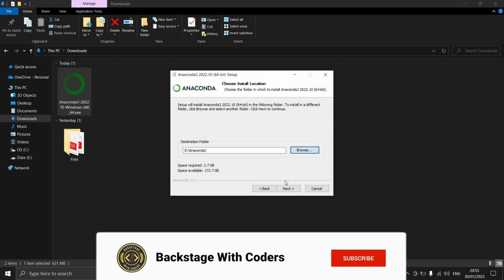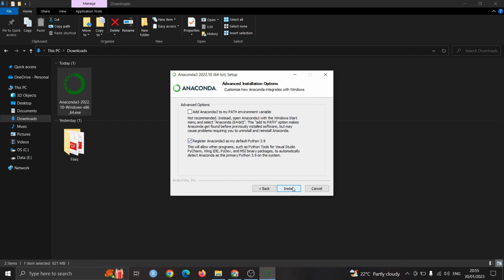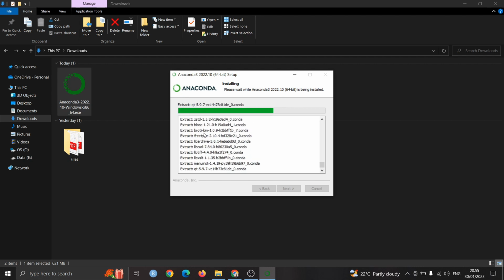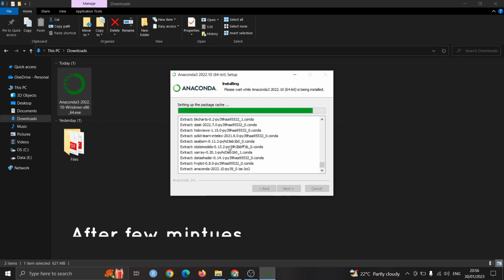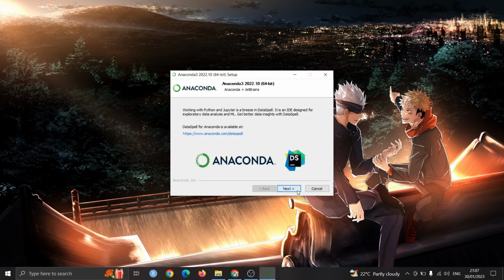The path is selected. Now you have to click next and go with default setting again. Click on install. It will take some time. As you can see here, all the packages are getting installed, so it will take some time. As you can see, Anaconda is successfully installed, so you can just click on next now and next